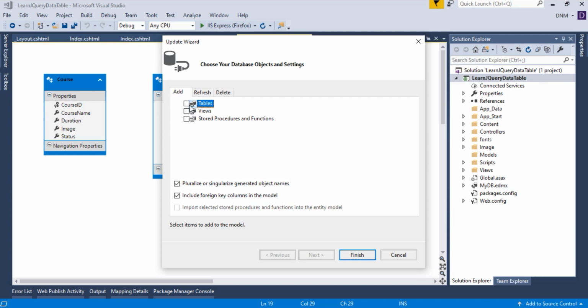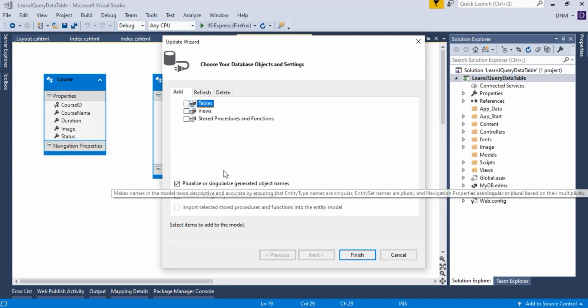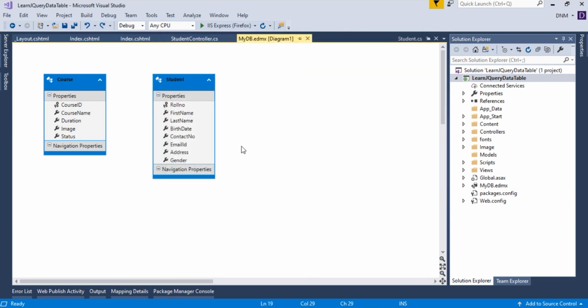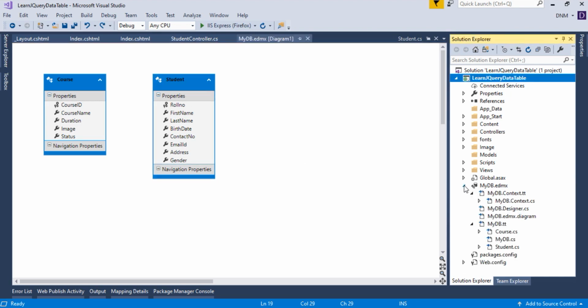I have already added the table, that's why it is not showing the table name, otherwise it would show it. So this particular part is updated. Once you save this EDMX file, your student entity class also gets added.